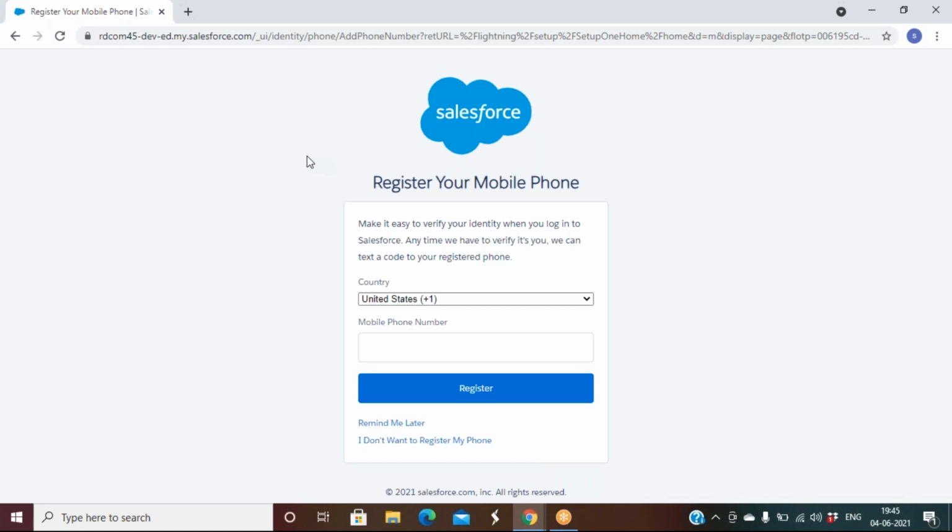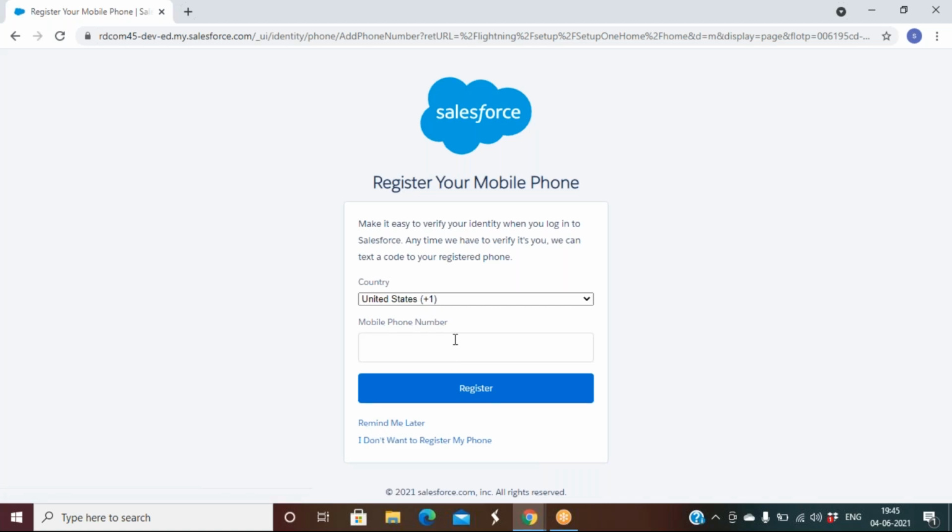In real time, it will happen. Some of your colleagues who are very nice to you, maybe they want to threaten you, maybe they want to do something with your login. So you don't share your login credentials with anyone, even though they speak very nicely to you. Okay, let's be professional. It happens, it will happen also. So to avoid all those things, they ask you to enter your phone number. Okay, I hope everyone is clear here.